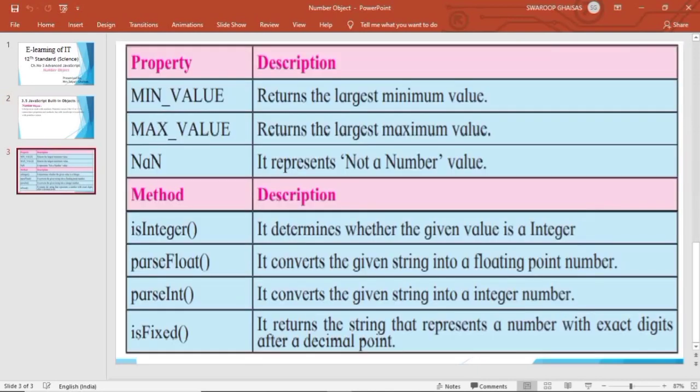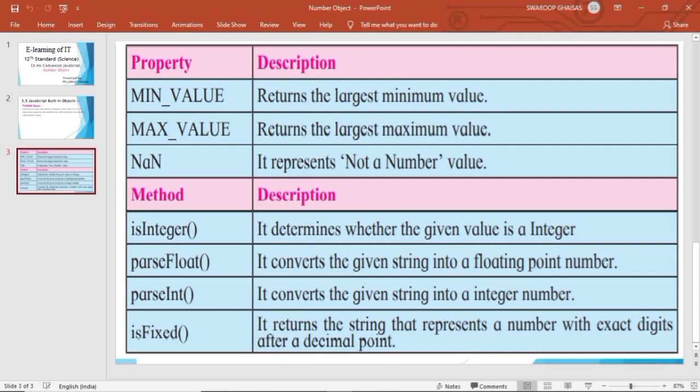First property is MIN_VALUE, it returns the minimum value, and second property is MAX_VALUE, it returns the largest value, that is the maximum value. Next property is NaN, that is Not a Number, so it represents a not-a-number value.